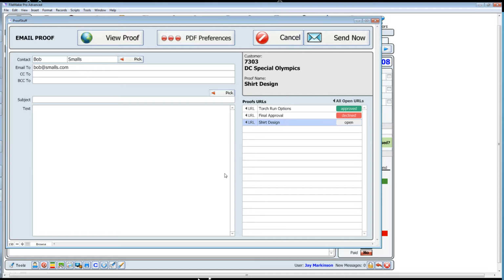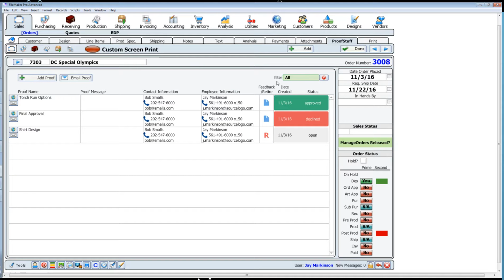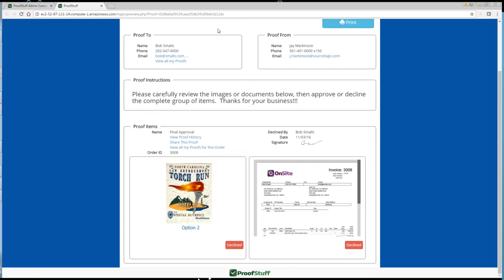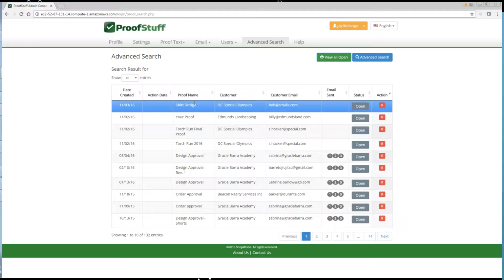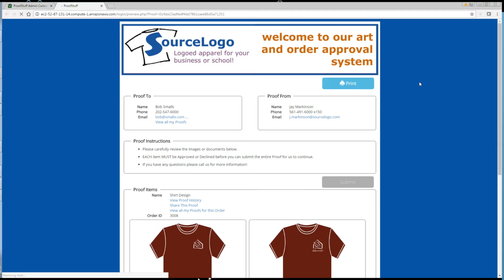And again, I get my email, but I'm going to skip this step. You wouldn't skip it in the real world, but I'm just doing so for the purposes of this demo. And so now let's go back over to the website. And let's refresh this. And let me show you what this looks like. So we open it up,